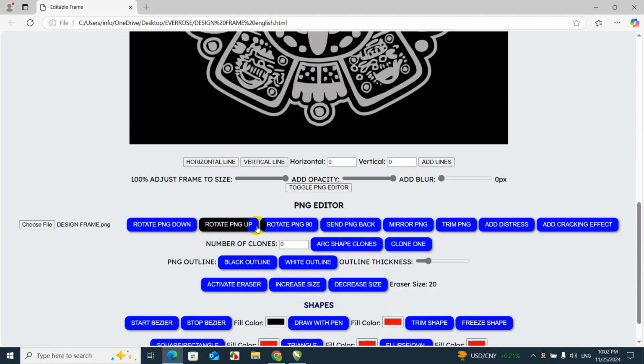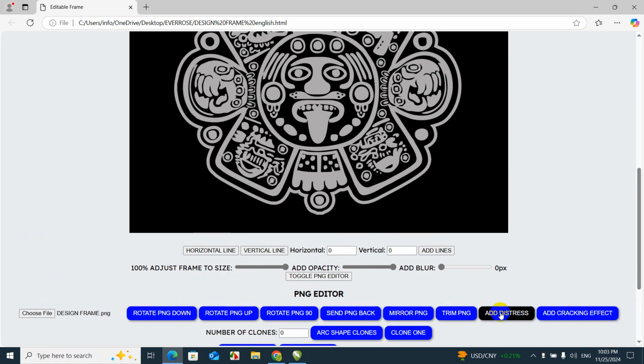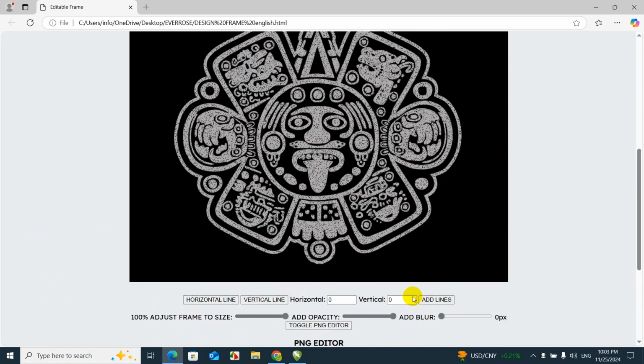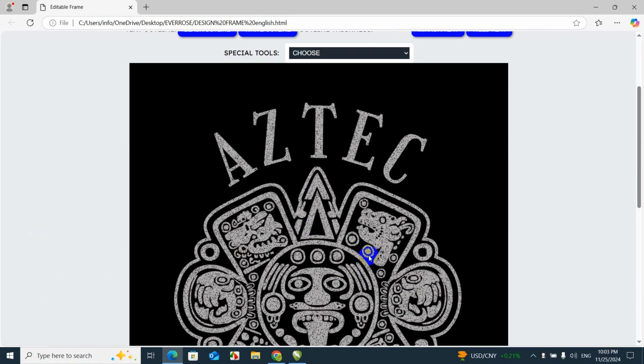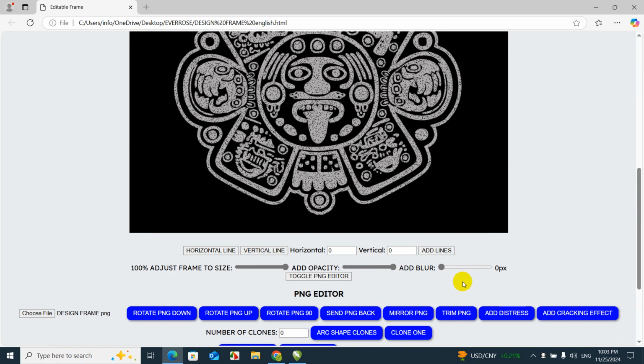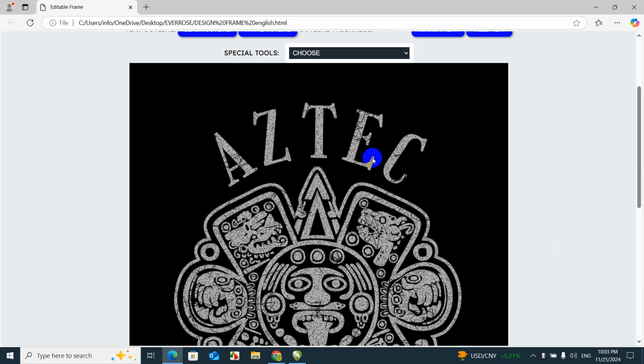Now down here on the PNG editor, there's 2 buttons. There's one for adding distress and the other one for adding a cracking effect. So we're gonna add distress first, and then you can see all the distress inside. We can add more, but I think that's good. Now we can add some cracking effect to make it look like a really old stone, and it'll be on the